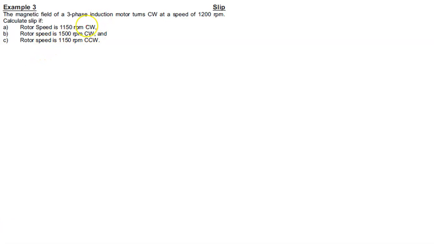We start then by considering A, which again we said is typical of normal operation as a motor. And so normally we would consider clockwise to be positive. Okay, so the magnetic field speed is ns, and if it turns clockwise, we have positive 1200. And the rotor speed is n, and if it is also clockwise, 1150 RPM. And so we have a difference in speeds here of 50 RPM, and we will consider that to